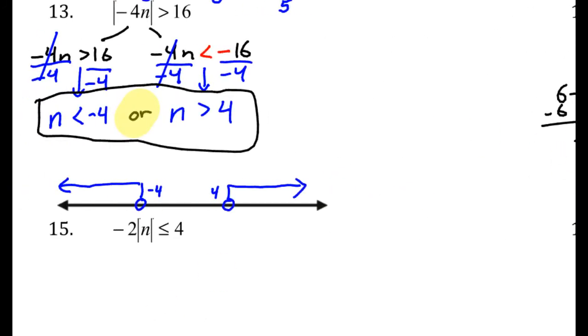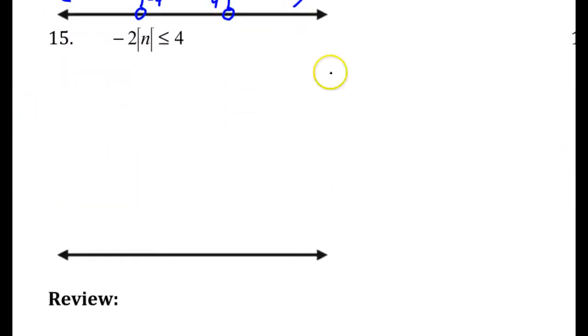Okay. Here we go, 15. Okay, there's something on the outside. Let's take care of that. It's negative 2 times, so I'm going to divide to undo the multiplying by negative 2. Divide both sides by negative 2. I divided by a negative, switch the sign, and now I get,